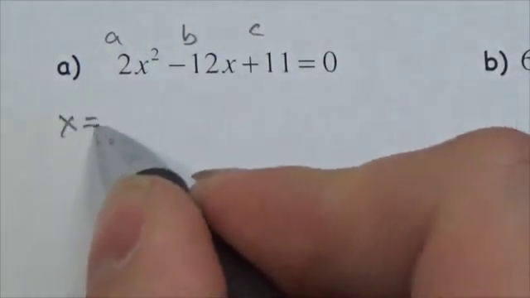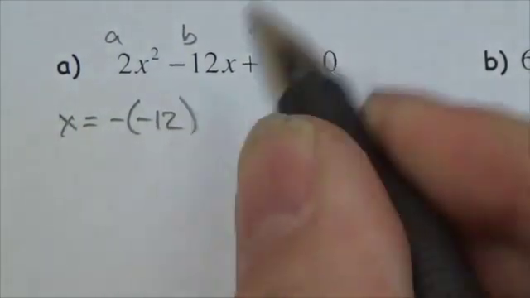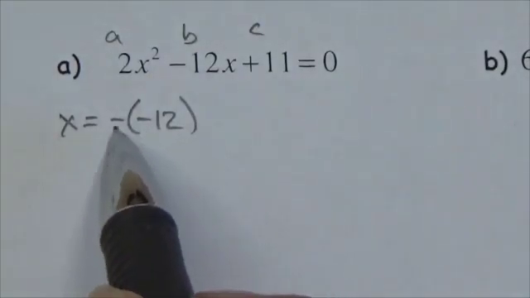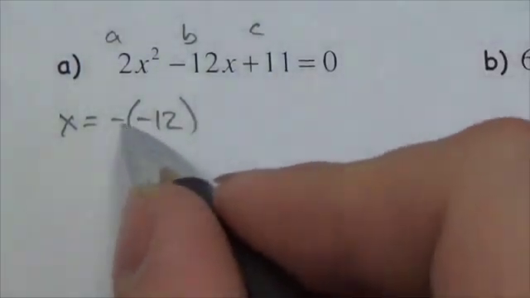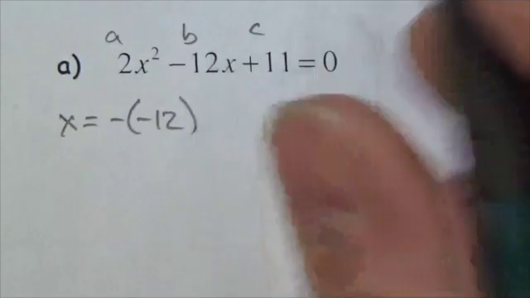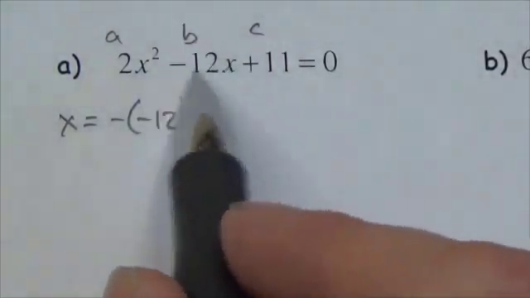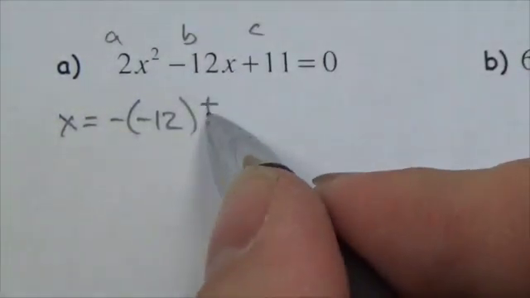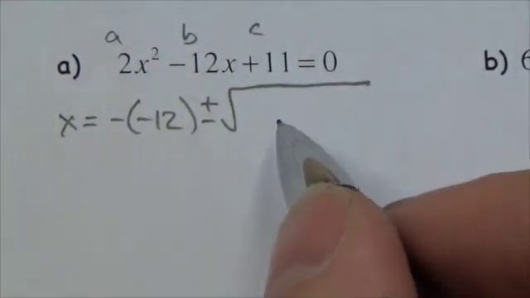So, x is going to equal negative of negative 12. Sometimes that's a hard thing to remember to do. Okay, but the second negative there. Remember, the formula is negative b, and in this case, b is negative 12, plus or minus the square root of, okay,